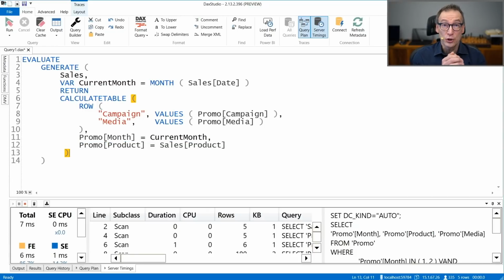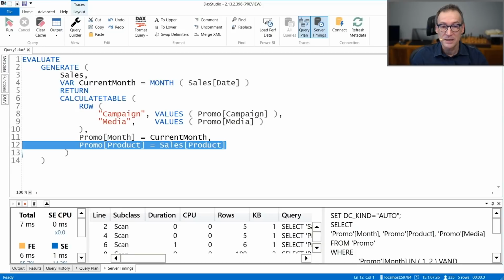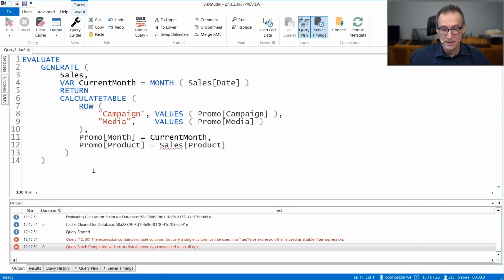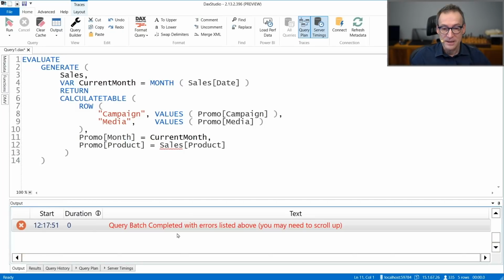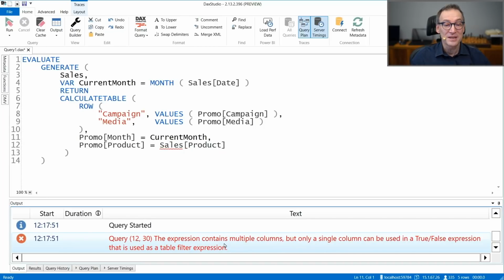This code is not going to work, and the reason is the conditions in calculate. One of the conditions, this one specifically, is using two different columns. So if I run it, I obtain an error, and the error says that the expression contains multiple columns, but only a single column can be used as a Boolean condition in calculate.